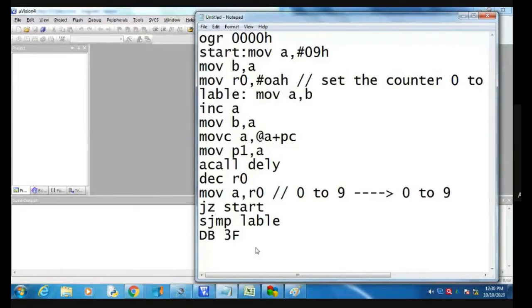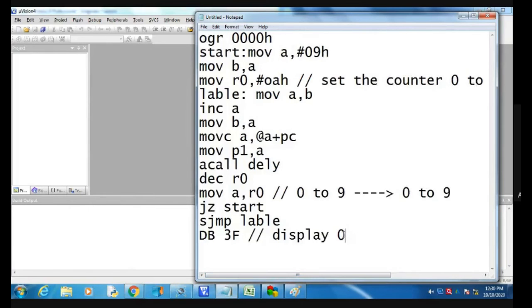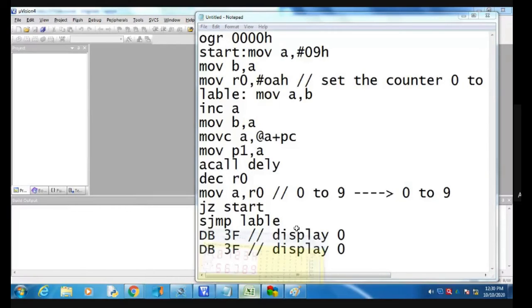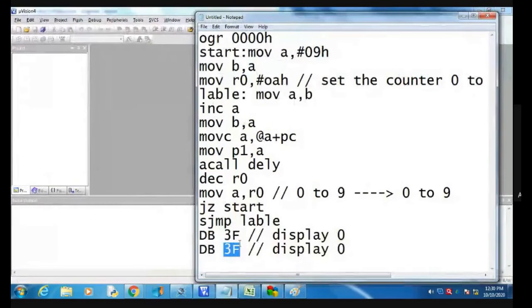This is for display 0. The next value is considered for 06. So this is 06 for display 1.